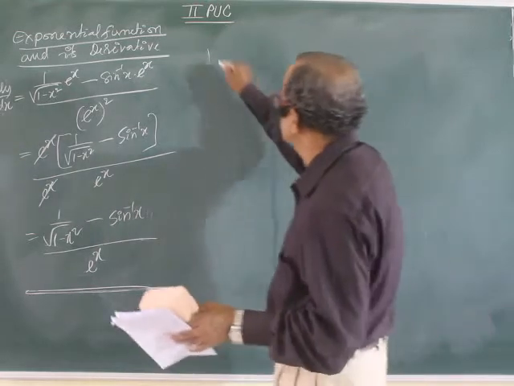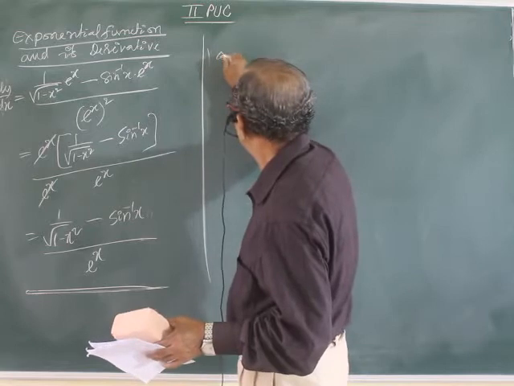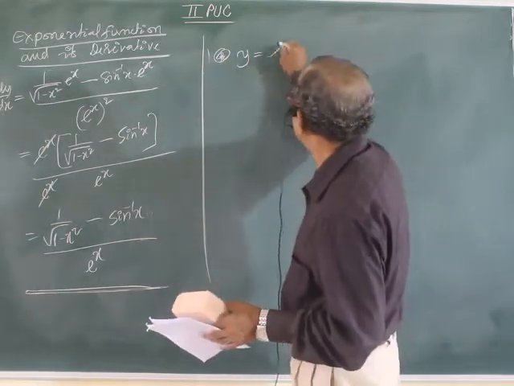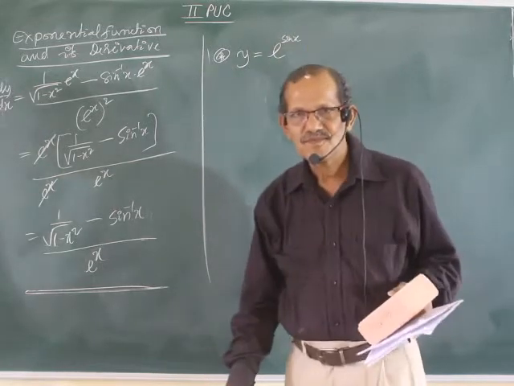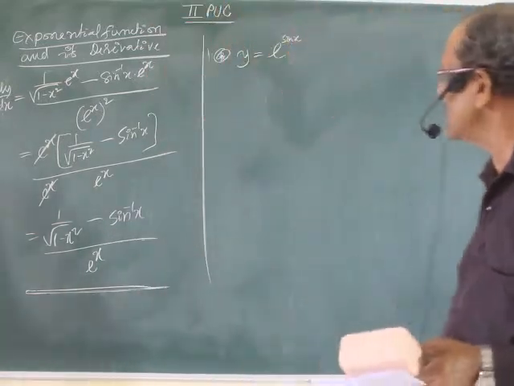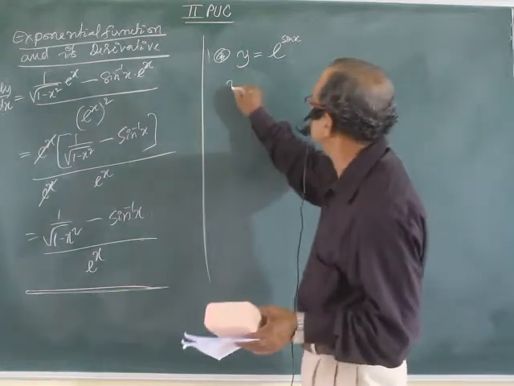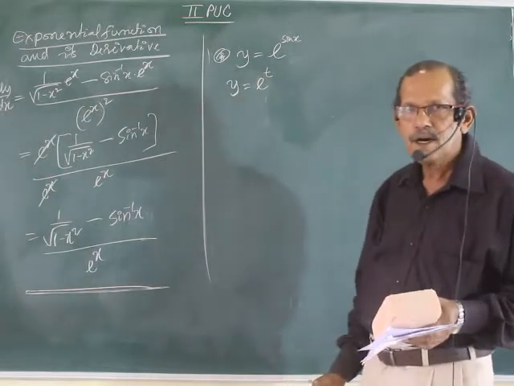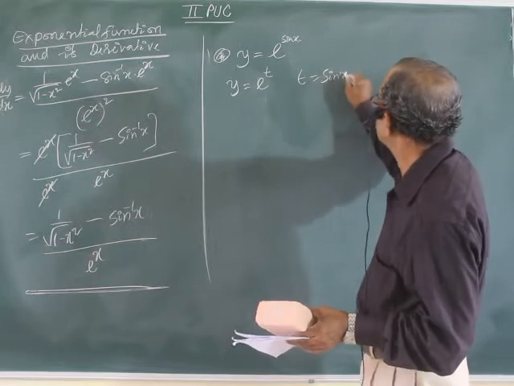Finally, in the chain rule also you can include this. That finishes. Fourth one, I think. y equal to e to the power sin x, chain rule. That exponential function can be taken in the product formula, the quotient formula, and now in the chain rule. What you have to do is, e to the power x is the outermost function. Whatever is inside, write t. t equal to sin x.